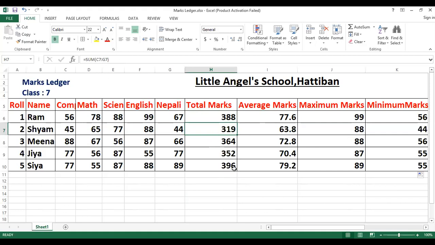Like this, you have to write the formula in the copy. On the computer, it's okay, you can use the fill handle. But in the copy, you have to draw the table and write the formula one by one.